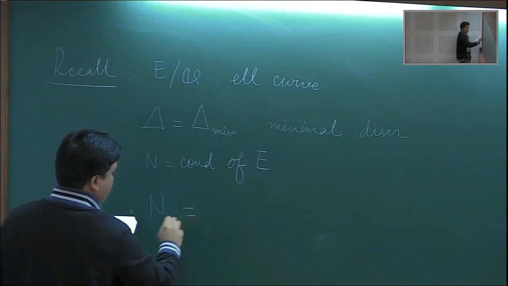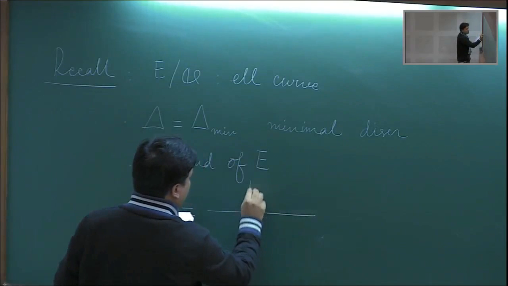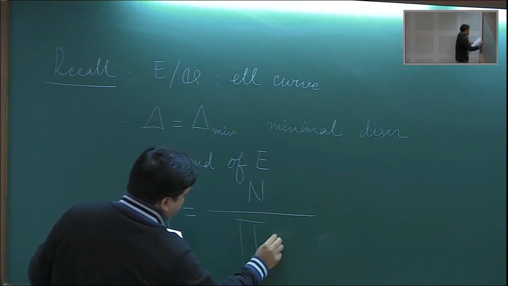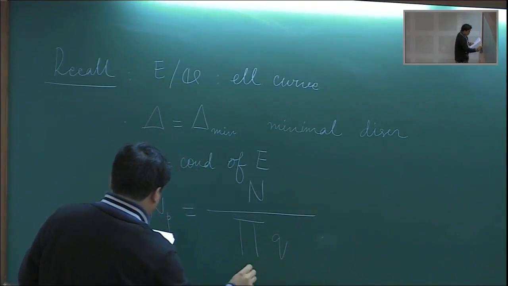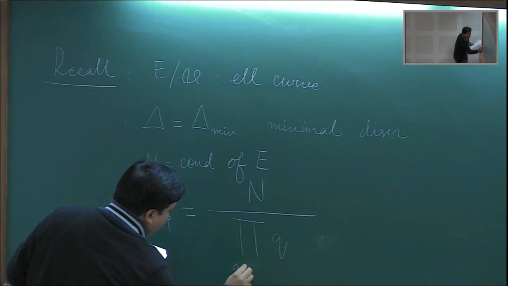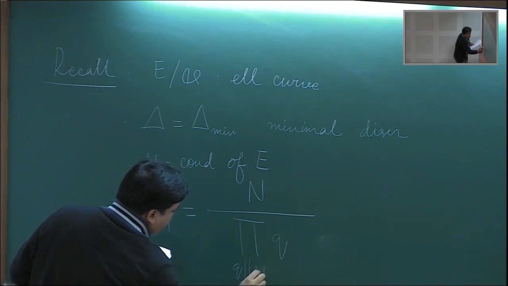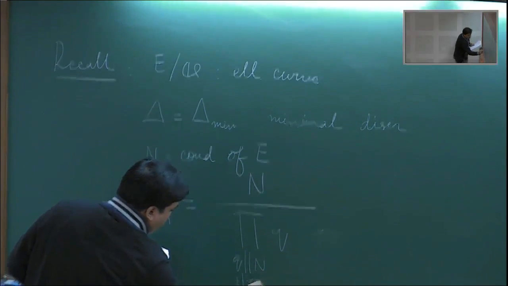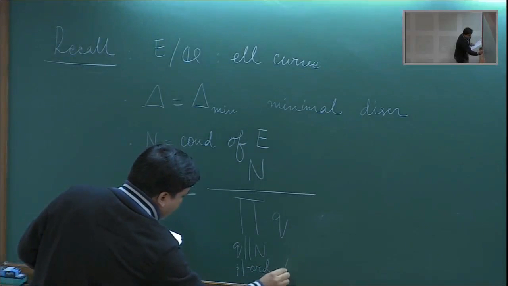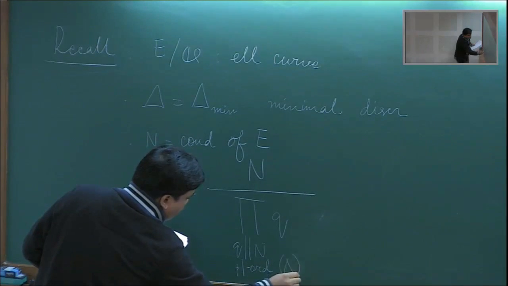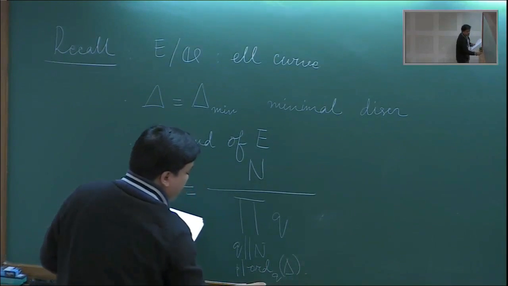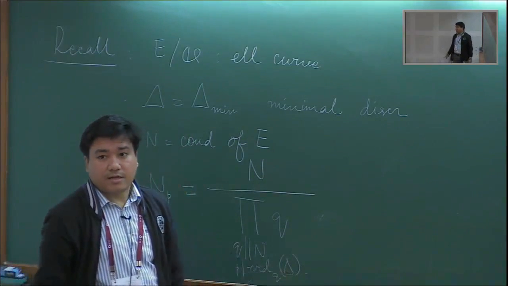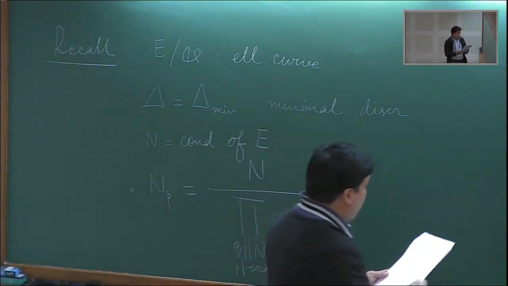So N_p is defined to be n divided by the product of all the primes q, so these q's are primes, okay, q divides n at most once, and p divides the order of q in delta. So this is the power of q that appears in delta, okay? And